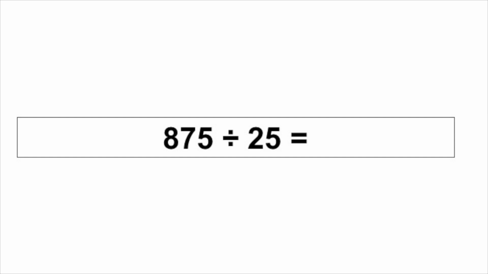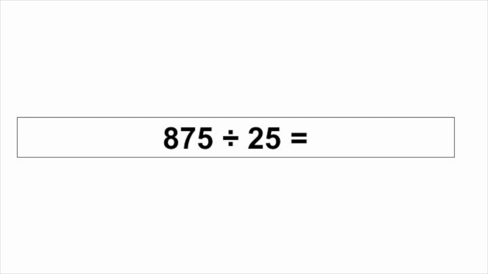And then we say 3 times 25? 75. 87 minus 75? 12. And then we bring down the 5. So now we have 125. Divided by 25 equals 5. So we have our answer,